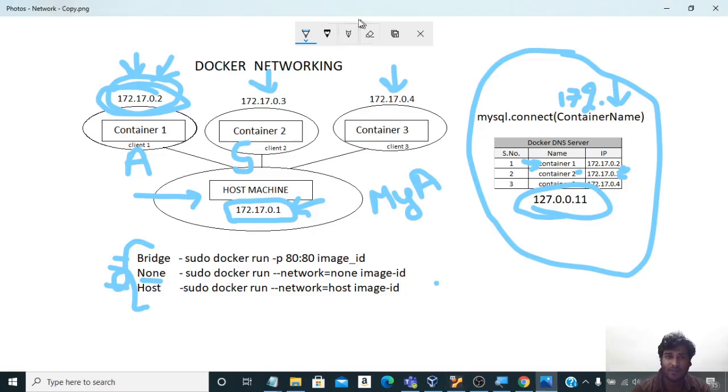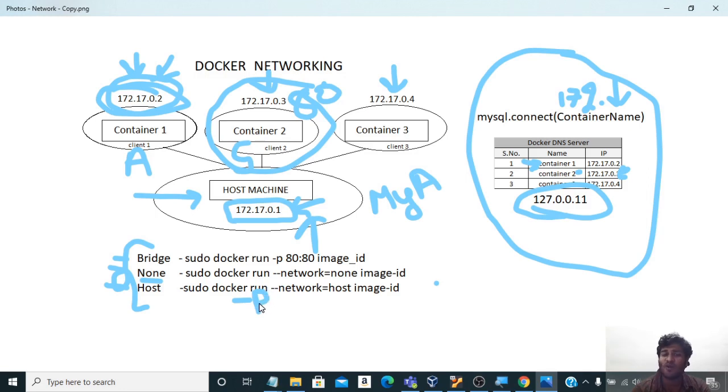So what exactly does network type host mean? It means if a particular container is running on a host, which is this, and this container is listening on port 80, we do not need to map it with this host saying -p 80:80. This is not required. Rather, this particular host mode means that this container is automatically mapped to the host machine. If the host machine has an IP address, say a.b.c.d, then on this IP, this particular port will listen.